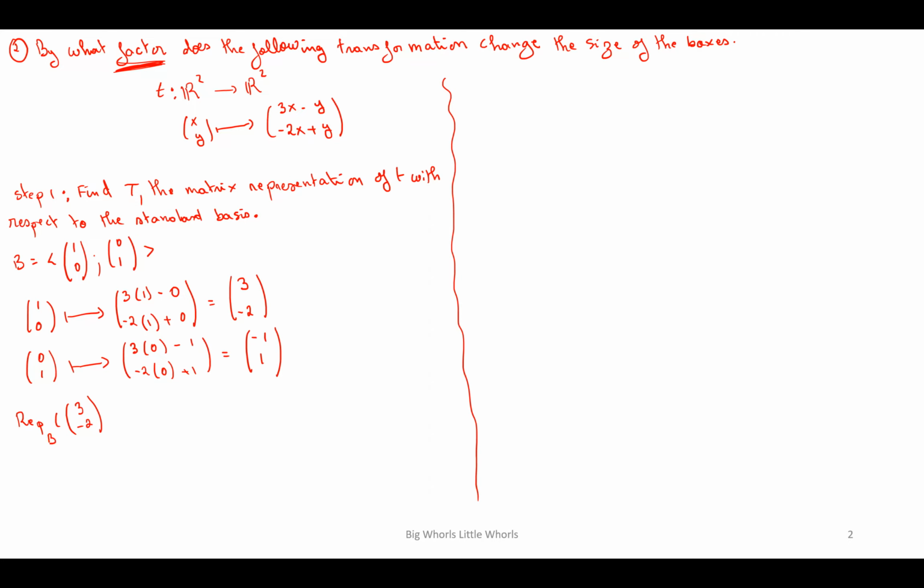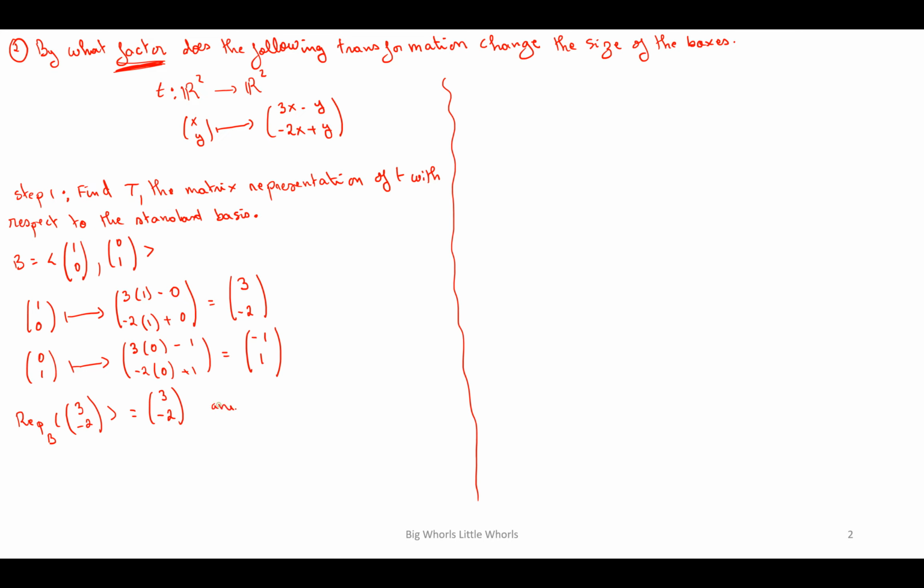What we have to notice here is that the domain and the codomain have the same basis, which is B. So we need to represent these vectors, the images of (1, 0) and (0, 1), with respect to the basis of the codomain, which is also B. And what is good with the standard basis is that the representation of a vector in the standard basis is the same as that vector. So it's going to be (3, -2), and also